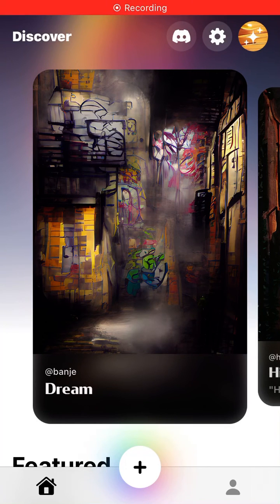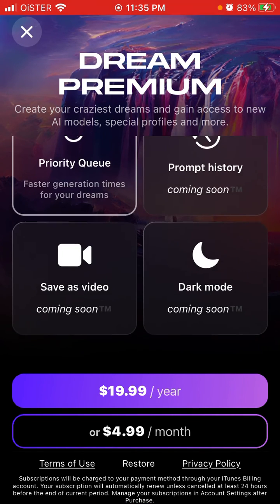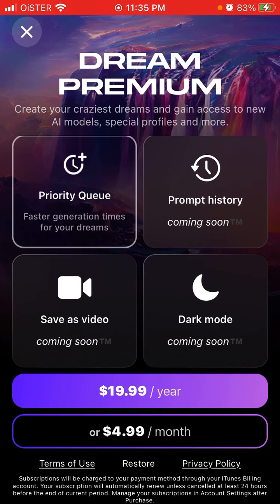Here is the Dream by Wombo app, and if you tap on Premium in the top right, you will see that now there is an option to generate images, your AI art, with priority queue. So you can have faster generation times for your dreams. There are no estimated details,